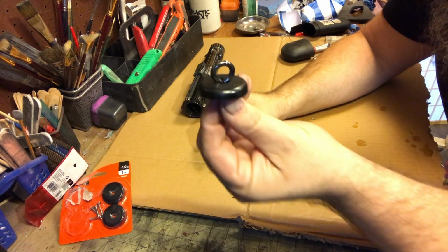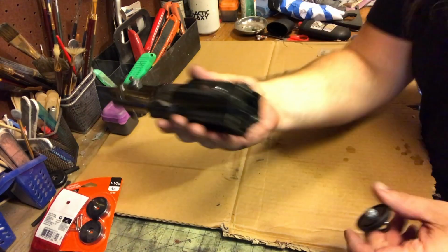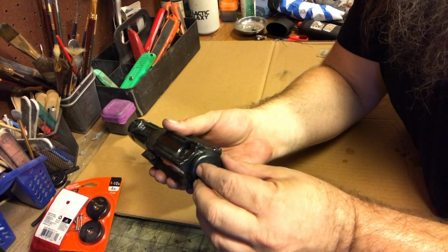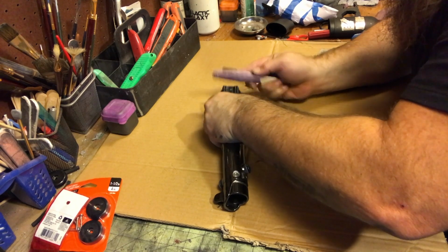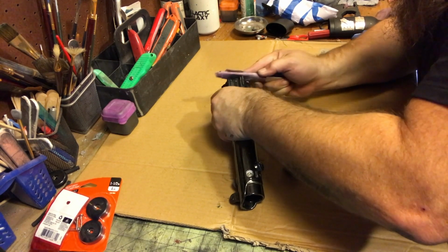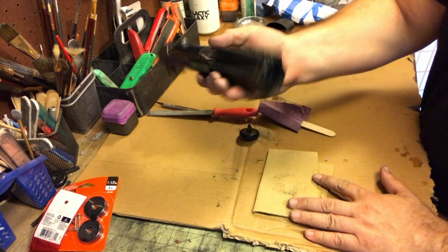So what I did off camera is I painted this eye bolt, same color as the piece. And I'm just gonna super glue that on there. That's just like a happy accident. I had those laying around, and that's gonna fit perfectly. And I didn't wanna paint it because it's black rubber. And it's just these little details that your eye subconsciously picks up on, that it's actual rubber rather than something